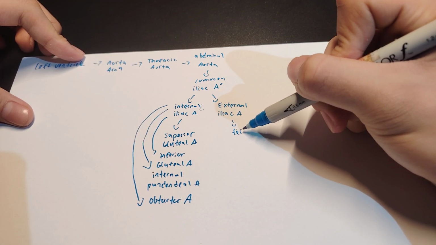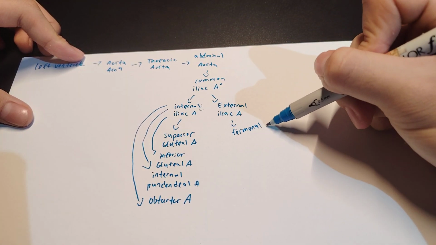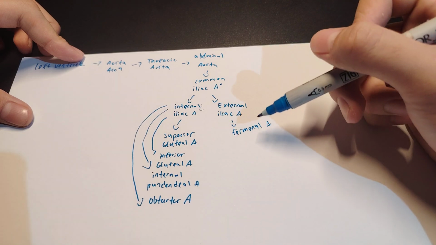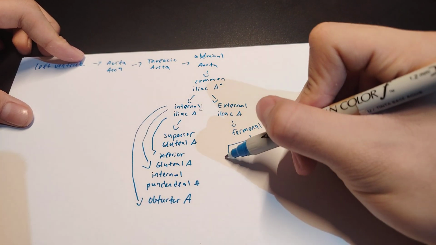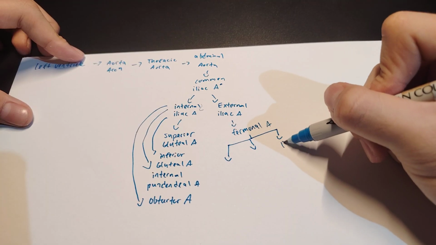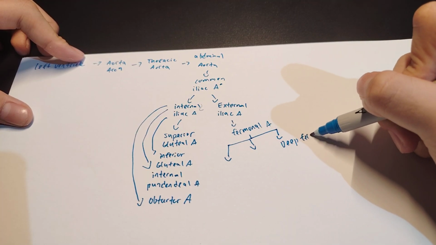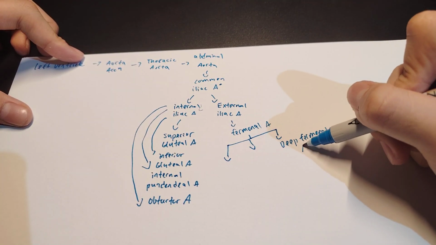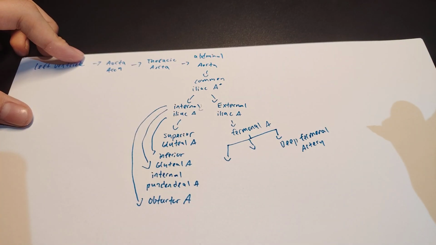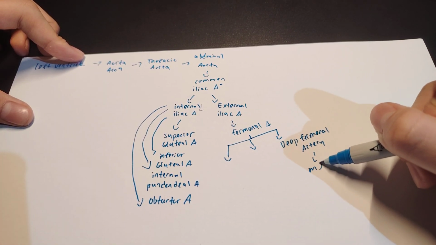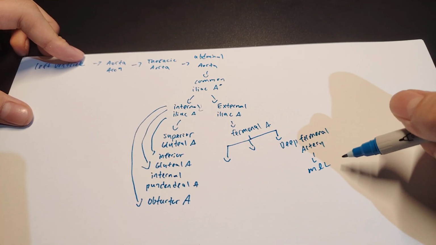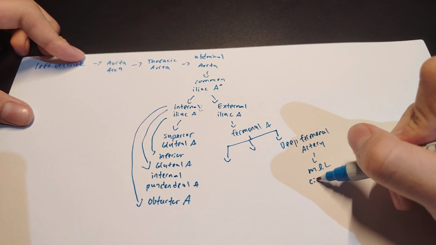the femoral artery. Okay, and the femoral artery is then going to split into three other structures. I'm going to start here. It's called the deep femoral artery. And the deep femoral artery will then split into this structure called the medial and lateral circumflex